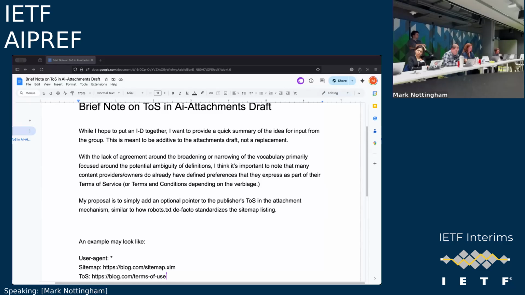Is it intended to turn terms of service into something machine readable? Or is it that the terms of service already exist and already apply, and this is just putting another layer on? I just want to understand what it is doing by adding the pointer. And if that rationale could be enunciated in the draft, I think that would be useful to understand what the purpose is.